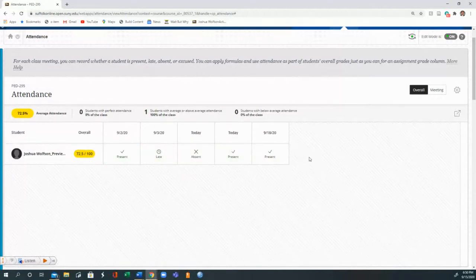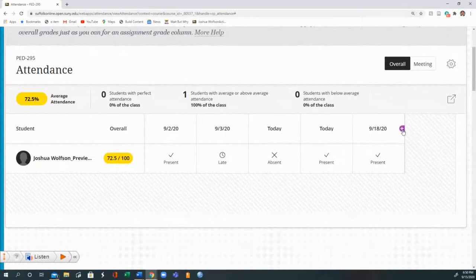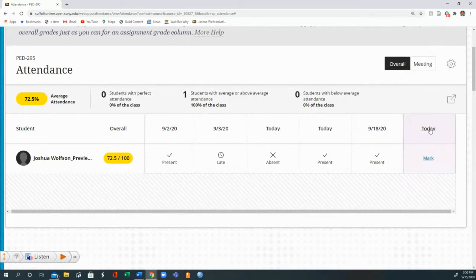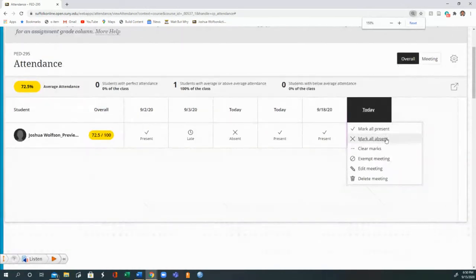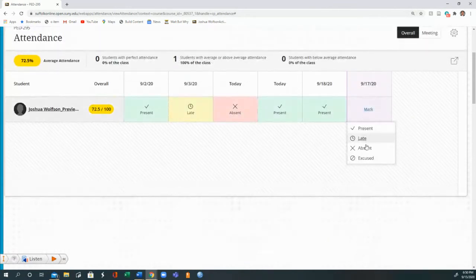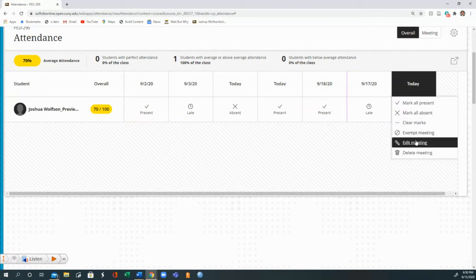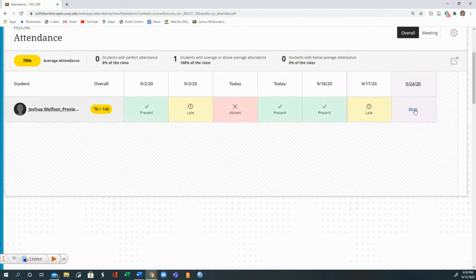Now, what happens if you want to add another day? Well, if you scroll over the date and go to the very side, you'll see this little purple button. It's a plus sign. Maybe I could zoom in, make it bigger. This purple plus sign, when I click on it, it adds another day. And if I click on today, I can mark all present, absent, clear, exempt. I want to edit the meeting, and I'm going to call this the 17th. I'm going to mark that this particular individual was late on the 17th. And then, maybe we go to the 24th, and now on the 24th they're present, but you can see their